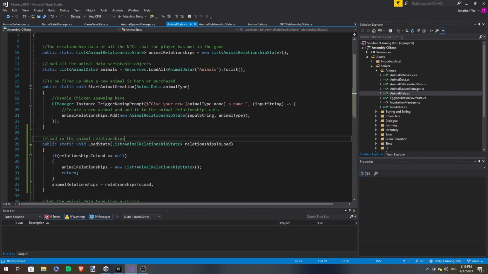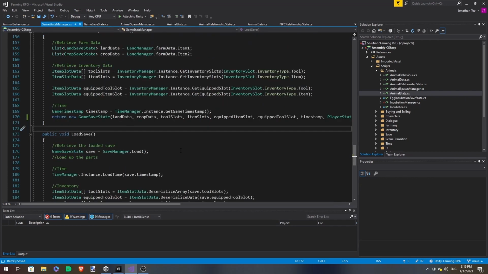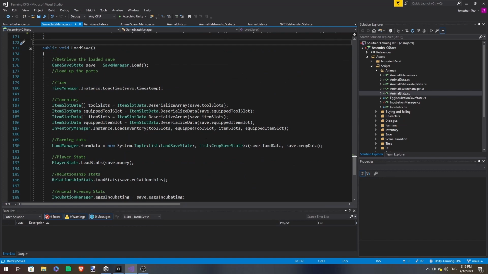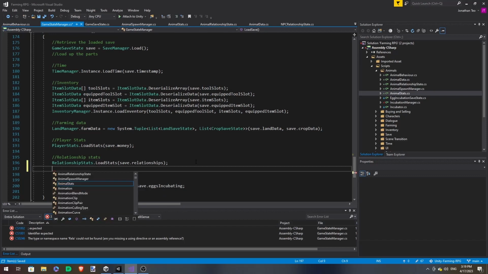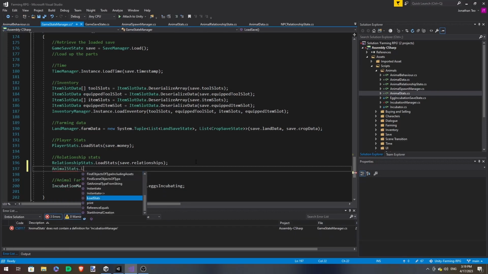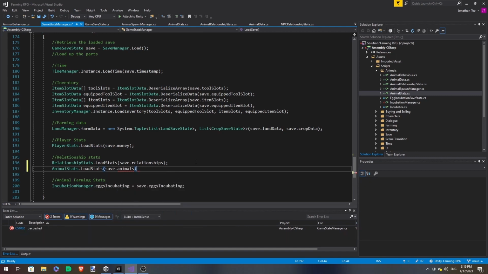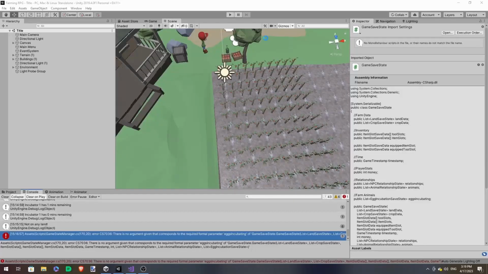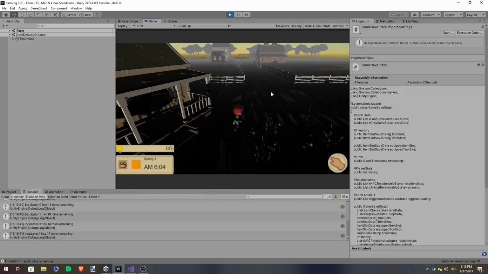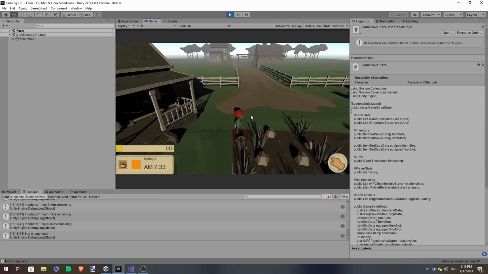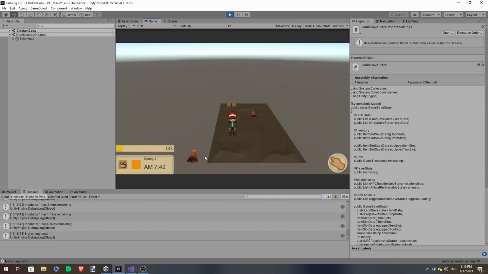Okay, so now that we have that covered, go back to our game state manager and our load function in the relationship stats. We add our animal stat load. Save thought animals. So we can name our animals.